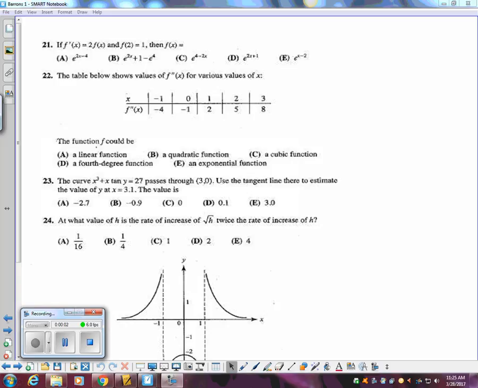This calculus review is on differential equations and slope fields, growth and decay, half-life, population, bacteria, that kind of stuff. Okay, so we're going to start in Barron's 1,